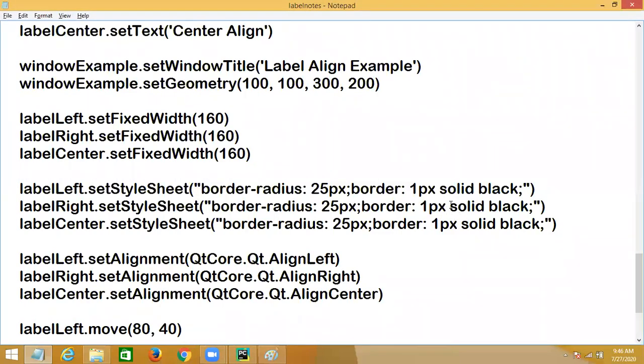The way you do it in CSS, the same thing you can define here, by using set style sheet.